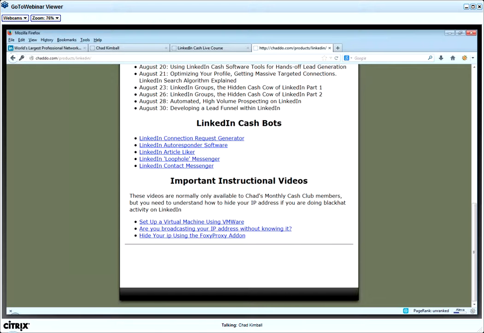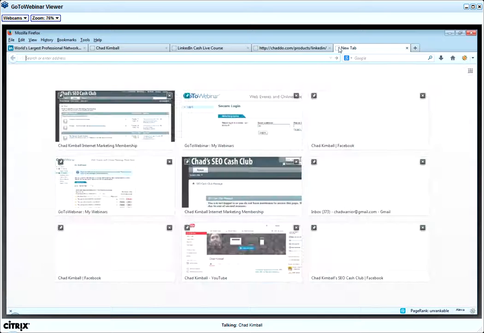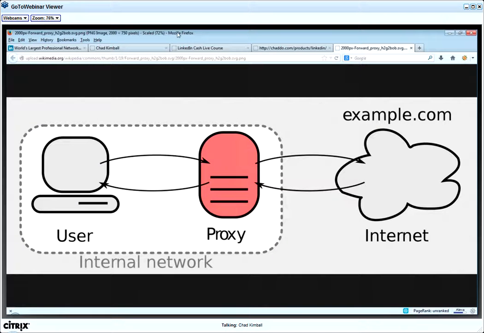Okay, so really quick, before I get into each software package, I want to talk a little bit about proxies because if you're in the advanced course, I didn't cover this. It's a little deeper of an explanation, and I focused more on sales tactics for high-end sales, but understanding how proxies work is still important. If you have multiple LinkedIn accounts and you're trying to keep them separate so LinkedIn doesn't know these are all the same people,